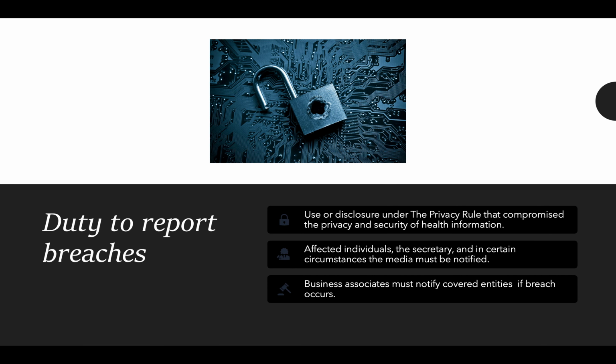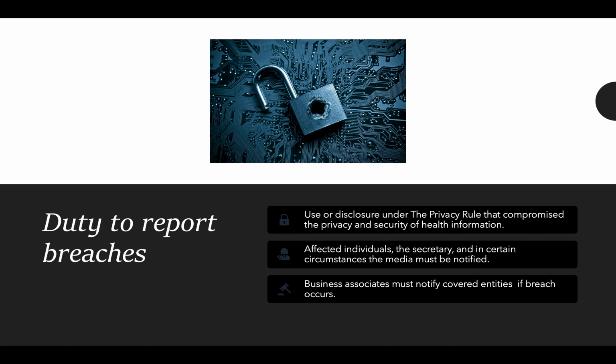Breaches. A breach is generally an impermissible use or disclosure under the privacy rule that compromises the security or privacy of the protected health information. An impermissible use or disclosure of protected health information is presumed to be a breach unless the covered entity or business associate, as applicable, demonstrates that there is a low probability that the protected health information has been compromised, based